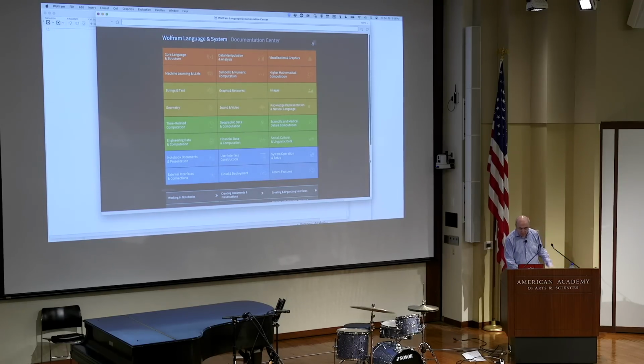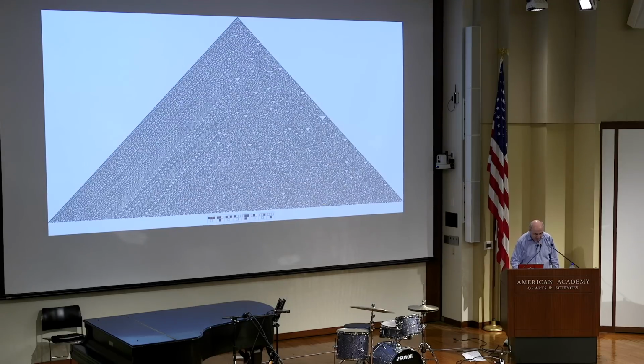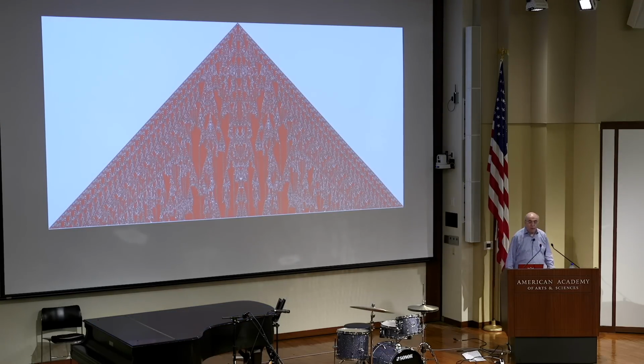But let me talk about some of the directions that I've gone, at least in thinking about what computation leads to. So once you know that a very simple rule can produce very complicated behavior, something like this Rule 30 or some other kind of rule, one of the questions that one might ask is, well, what about the whole universe? Maybe the whole universe is actually made from some very simple rule. I thought about that in the early 1990s. I made some progress on that, but then right in 2019, as a result of first a quite technical advance, I was able to make a lot more progress on that.